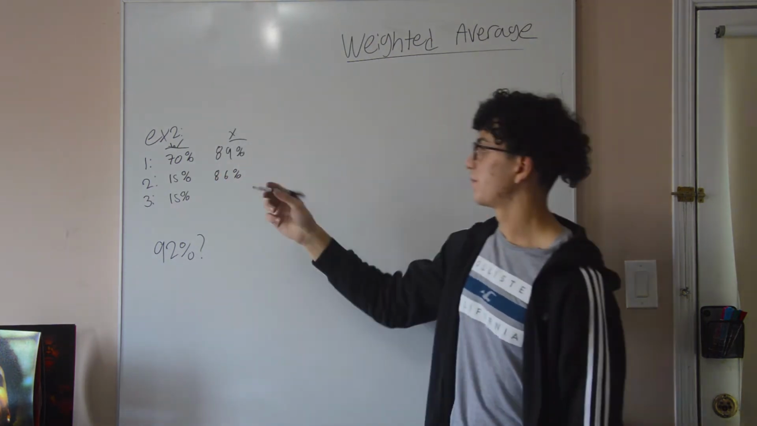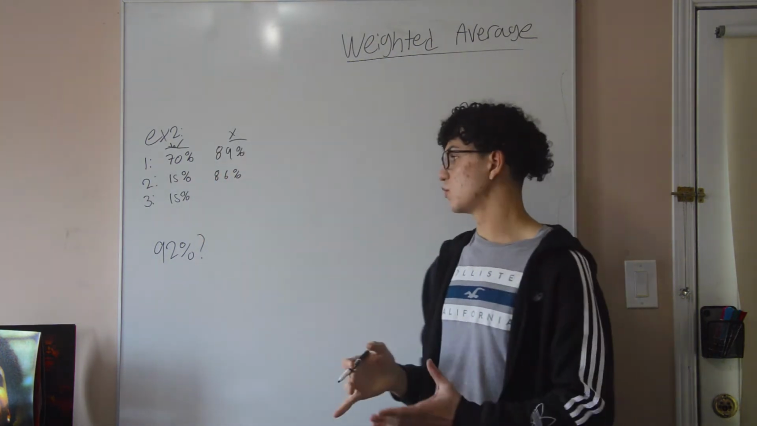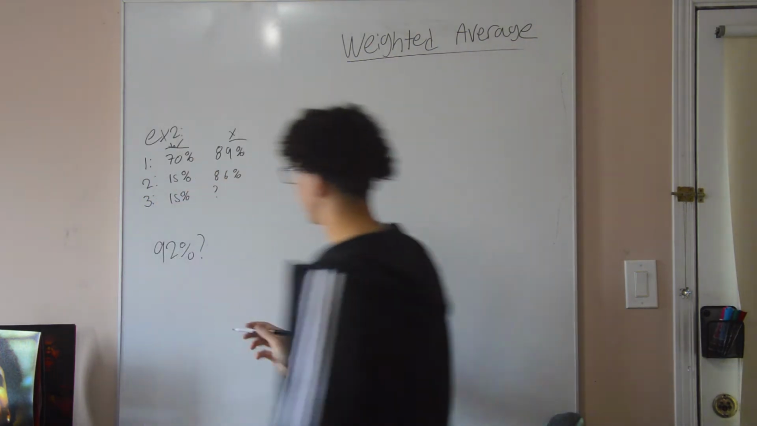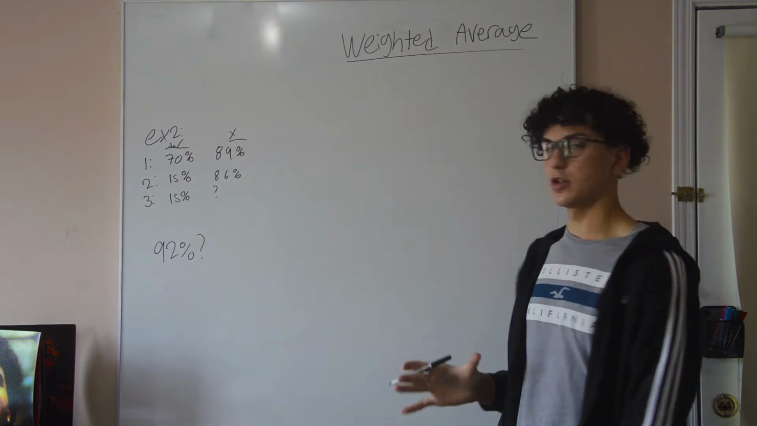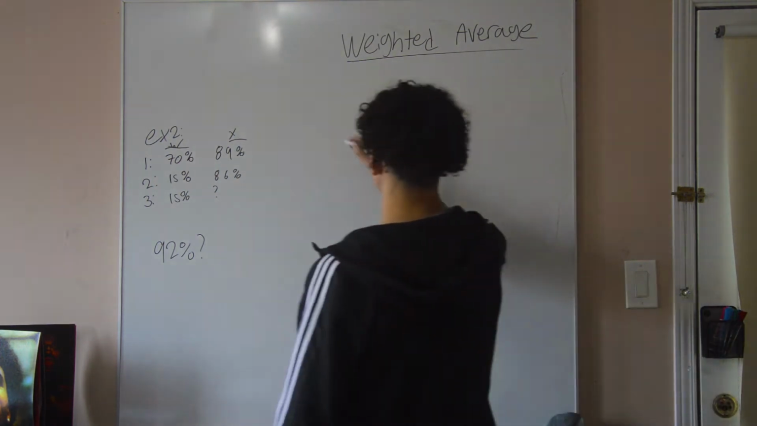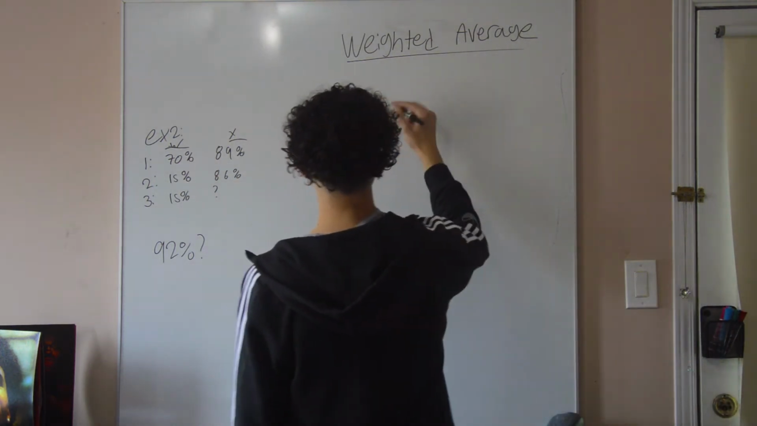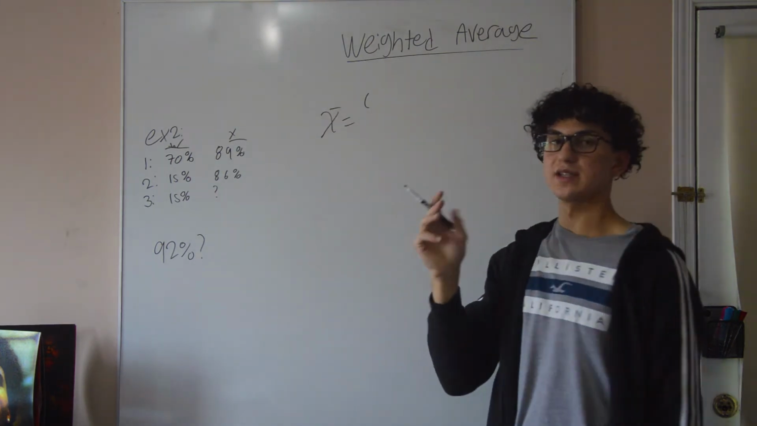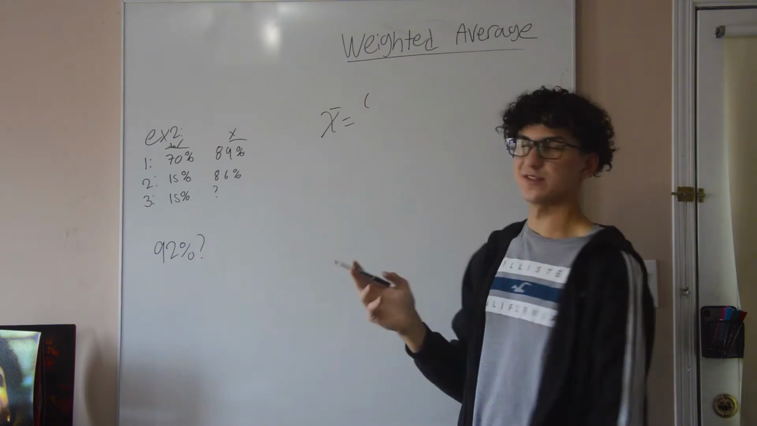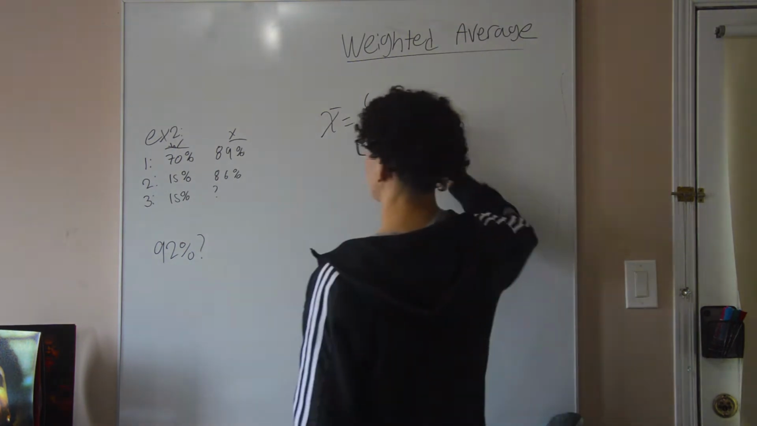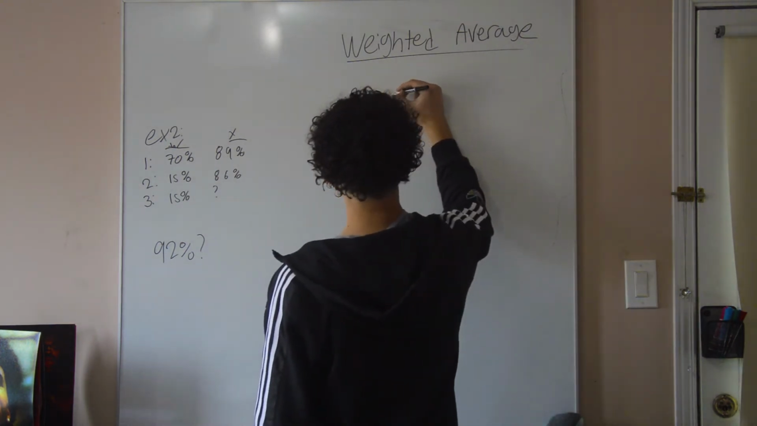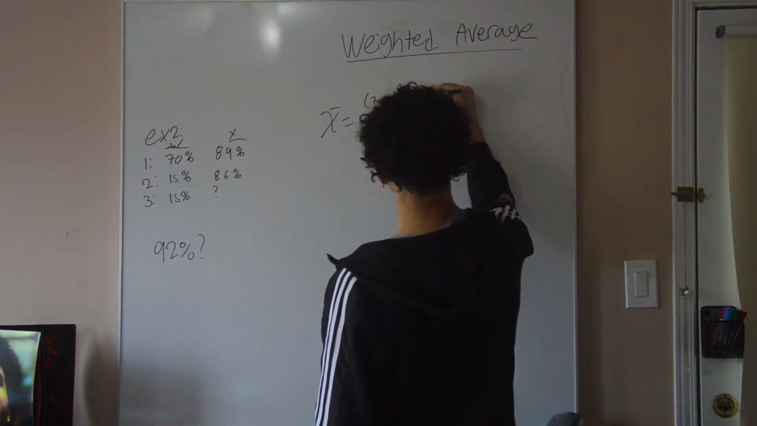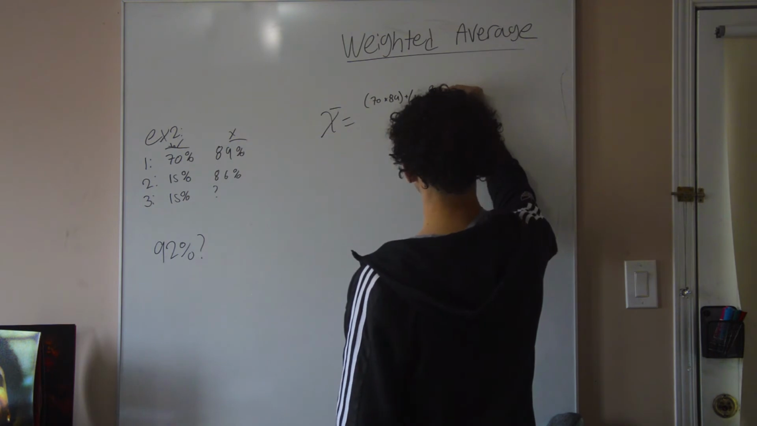And finally, on your exam, what do you need to get a final grade of 92? So this one's a little bit different, but it's the same concept. So first, let's write our equation. So x bar is equal to, I'm going to use 70s and 15s this time instead of 7 and 1.5. We have 70 times 89 plus 15 times 86